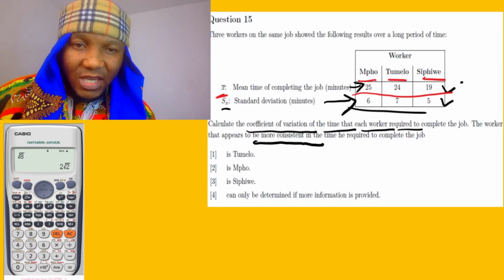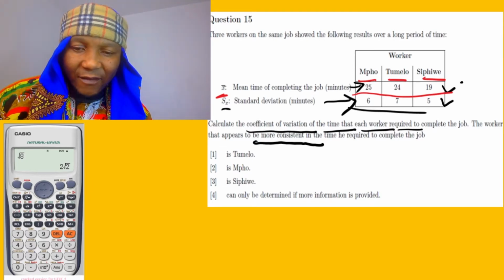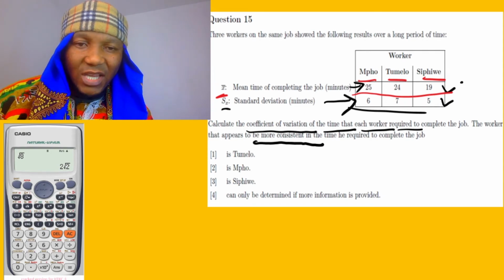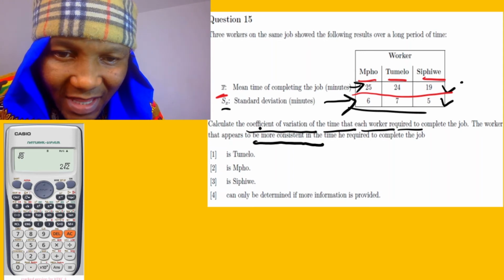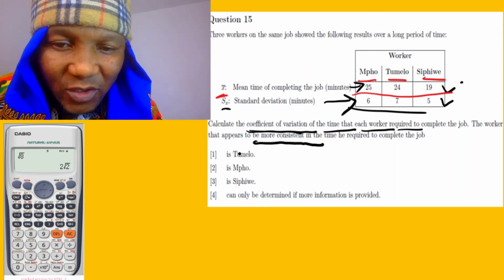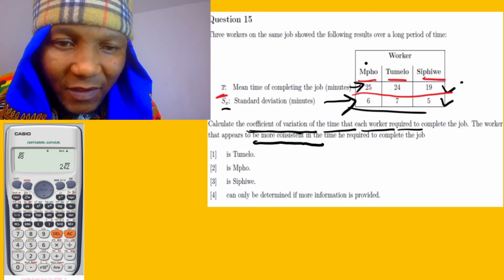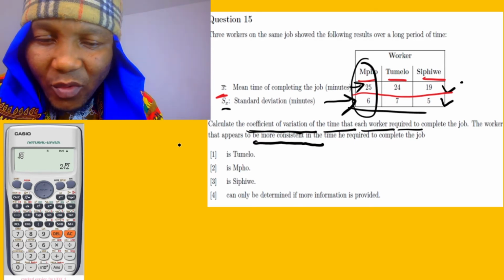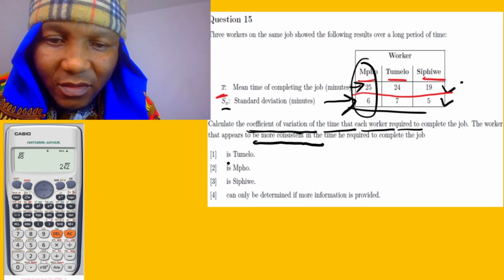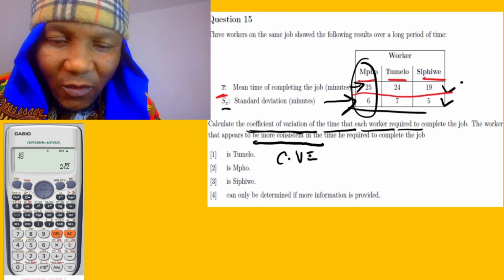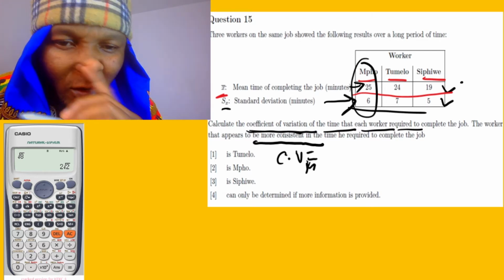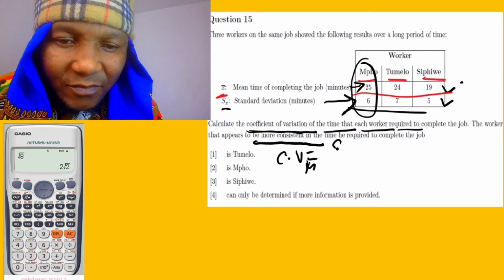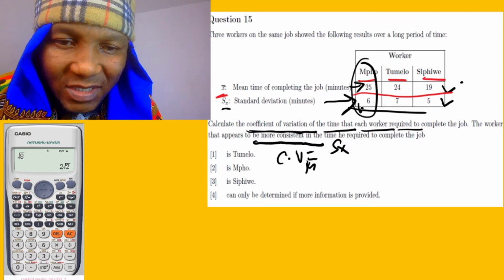So now, they say you have to find the coefficients of variation, which is very easy. Let's start with the Mpo. The coefficient of variation of Mpo equals: you take the standard deviation of Mpo, which is this one here, you divide